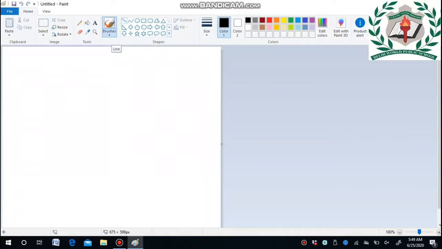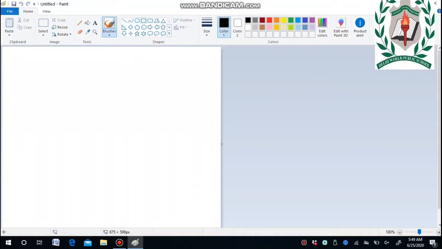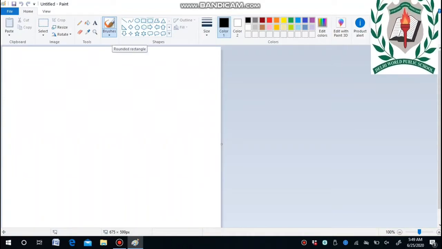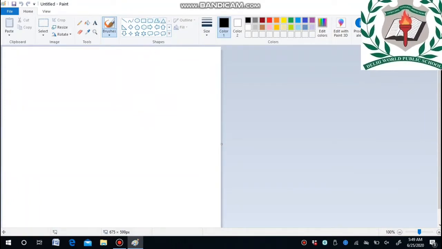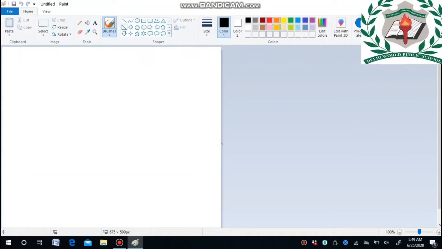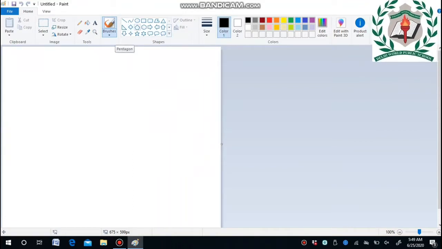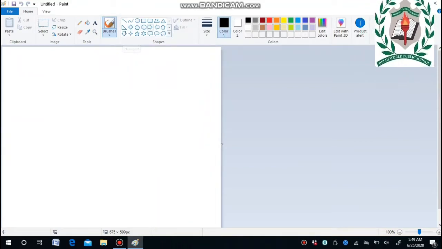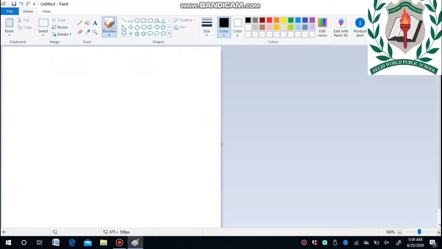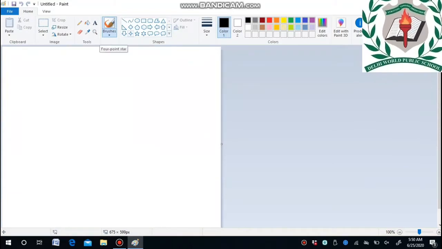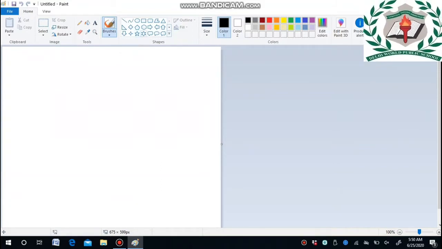Next, let us see the many shapes that appear in Paint. If you want a diamond, line, rectangle, triangle, and then rounded rectangle, polygon, pentagon, hexagon, up arrow, down arrow, left arrow, right arrow, and then 4-point star, 5-point star, cloud symbol, 6-point star.